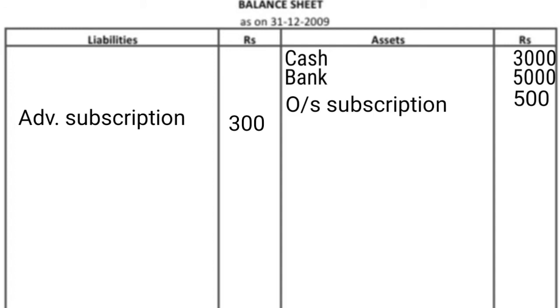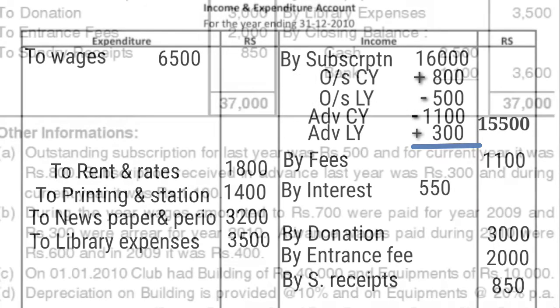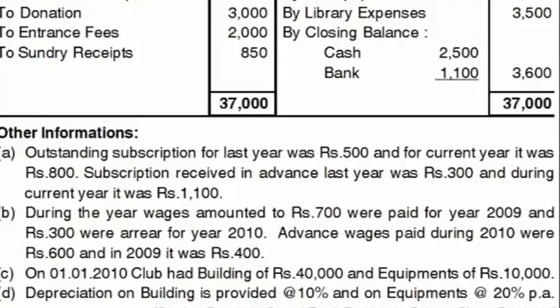Now the first adjustment is over. Next adjustment is related to wages. During the year, wages amounting to rupees 700 were paid for year 2009 and rupees 300 for year